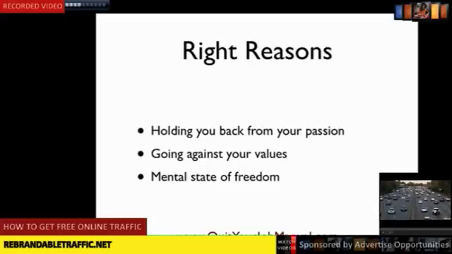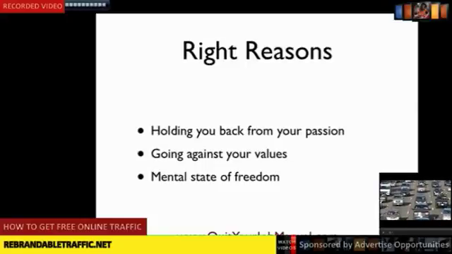If you're in a job where you're going against your values, and I always think of a salesperson who's selling something that they don't even believe in, but they're just selling it because they have nothing else to do, or they just don't know what else to do with their life, or they're stuck. I feel for people in that situation, but I also understand that if you're selling something and it goes against your values because you don't actually believe people should be buying what you're selling, it's a good time to really look at getting out of what you're doing and finding an escape route and doing something different that's going to be more in line with who you are and what you believe in.